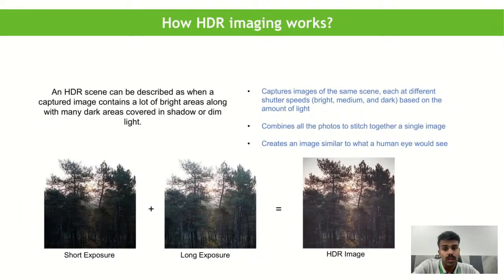Because of this limitation of a sensor to provide just 12 bits of information, there are ways in which multiple images or multiple exposures from the camera can be captured and stitched together to provide an HDR image. One of the exposures is used for capturing details in the shadows, and another exposure is used for capturing details in the highlights of the scene. And they are both merged together to provide a high dynamic range image. So this is the simplest explanation of how high dynamic range imaging works. And